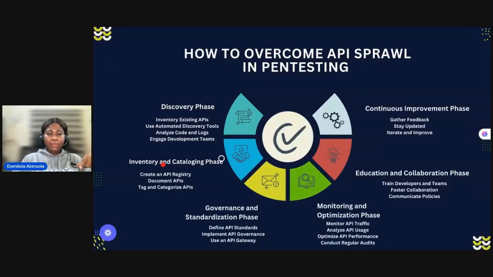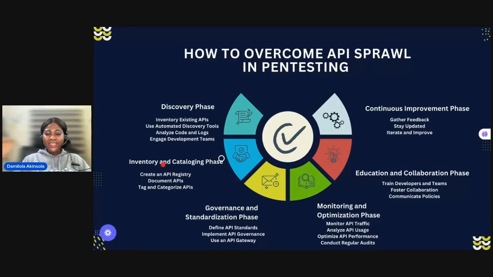So you also want to adopt API security best practices, like I mentioned. You want to make use of API security tools. I mentioned quite a few, like AppSec. We have Salt Security, Noname Security, amongst others. You might want to look it up. And of course, regularly scan your APIs for misconfigurations. It's one thing to have the tool. Do you actually use it, right? So you have to make sure you use the security tools you have.